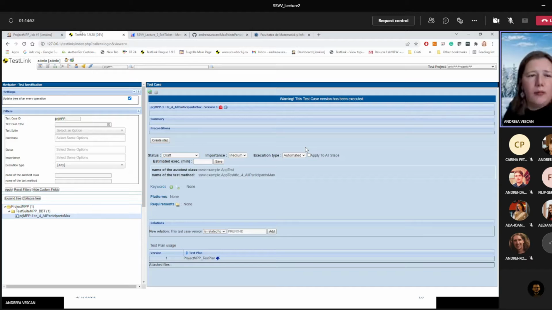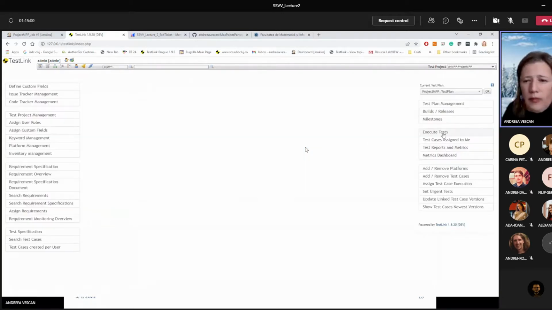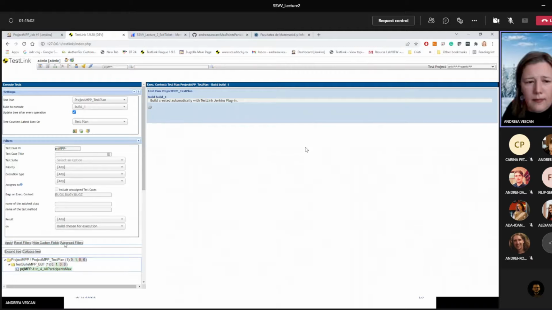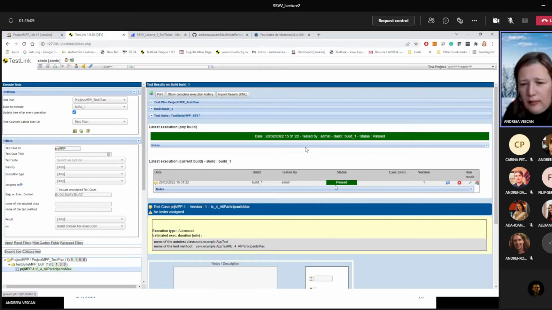And if I go next to TestLink, instead of going to the test specification where I have the test suite along with the test cases, I can go to execute test. And you can see here that for the same project, I have this test case being executed and I have here passed. Of course, I can have other actions, I can have reports sent by email and so on. The idea is that after having the